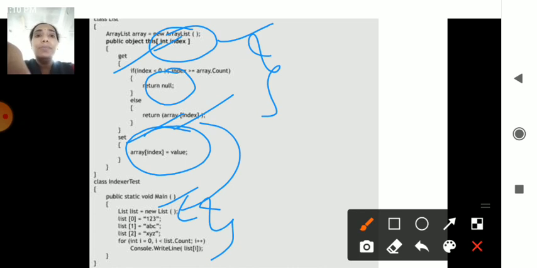And in the for loop, i is equal to 0, i less than list dot Count, the object that was created, object dot Count, how many times it will be counted. It is 0 to 2, nothing but 3 elements, and up to those elements it will accept. It will print the list, and afterwards it will come out of the loop. This is the part of an indexer. Remember, you use a separate syntax for an indexer, and it has get and set properties within it, and you execute those array lists in the main method. This is the indexer.